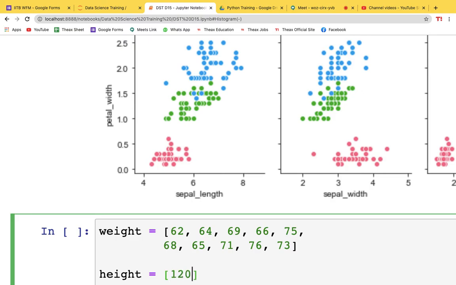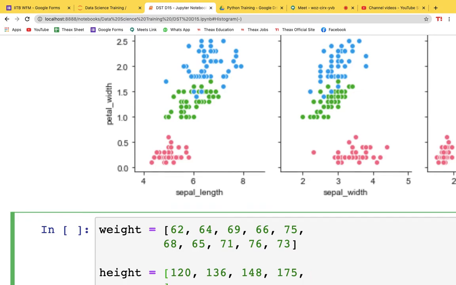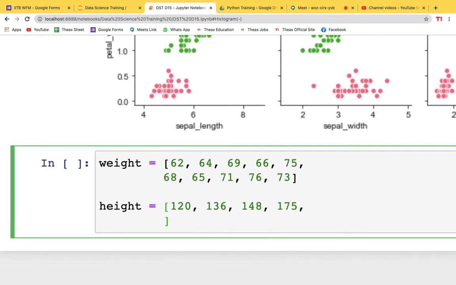120, 136, 148, 175. Let's say 137, 154, 172, 187,